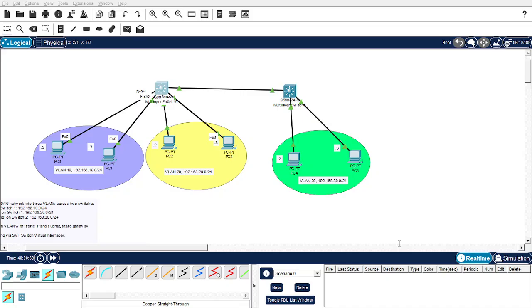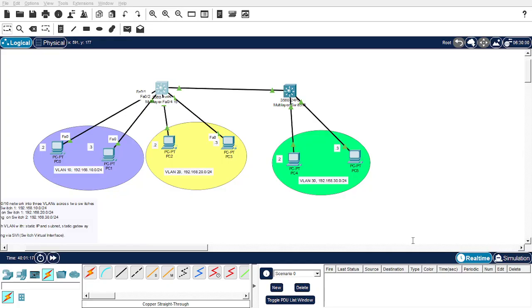We create a VLAN 100 interface, and we need to assign an IP address to this interface. IP address